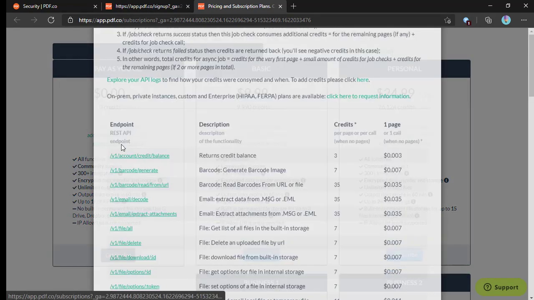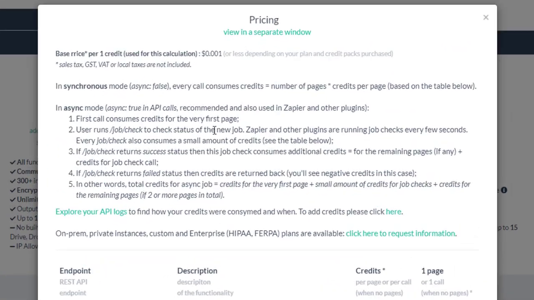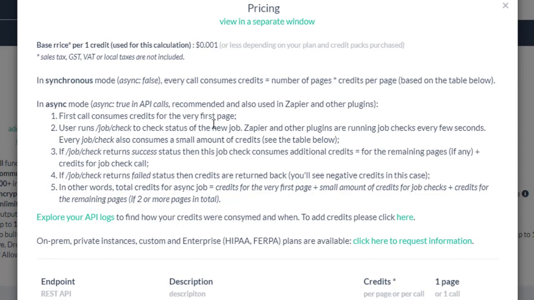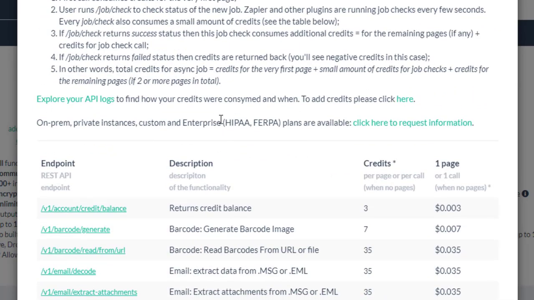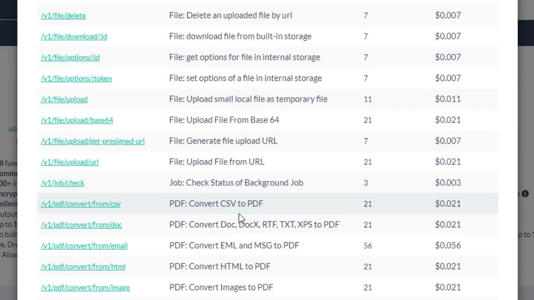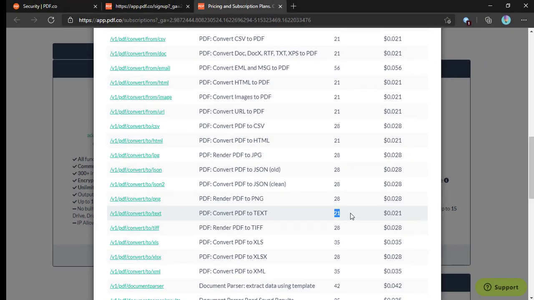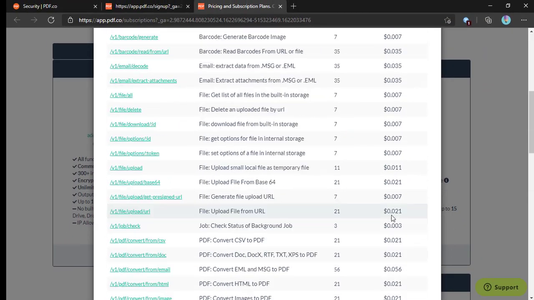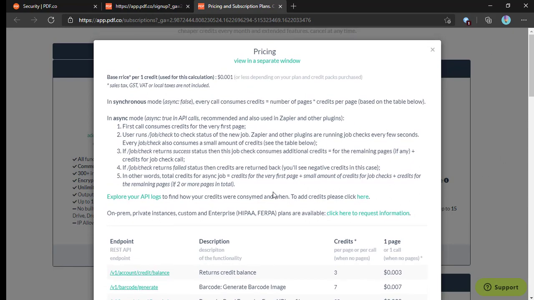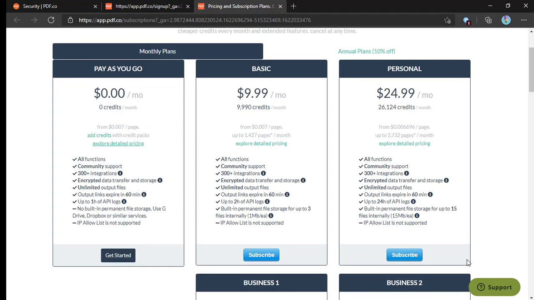And also for the various different endpoints, based on the server costing, it requires different credits. For example, if you want to convert PDF to text, it will require 21 credits, which is roughly around 0.021 per page. So based on your usage you can know how many credits it will require, and you can work smartly.